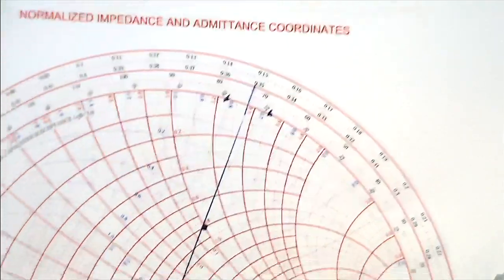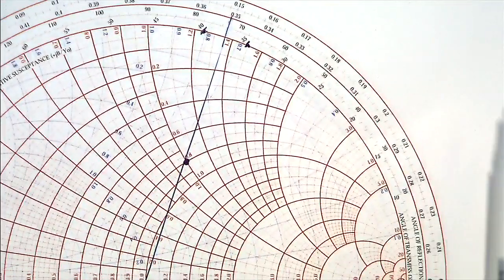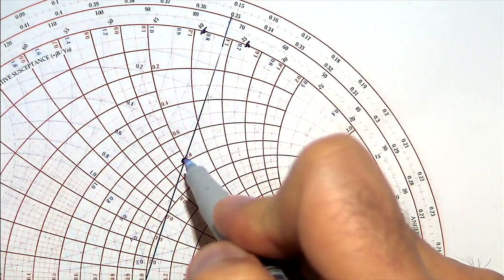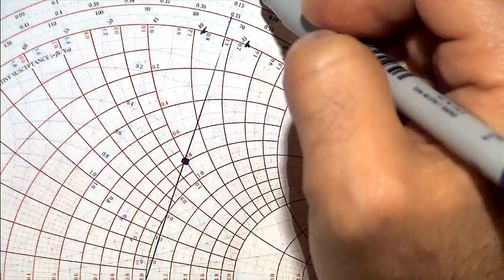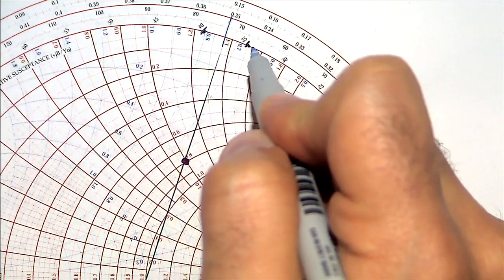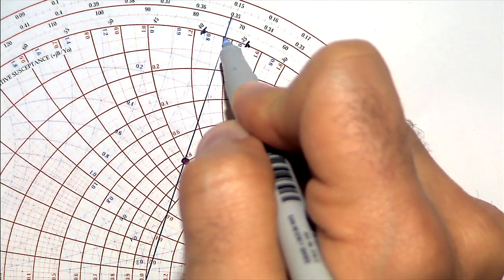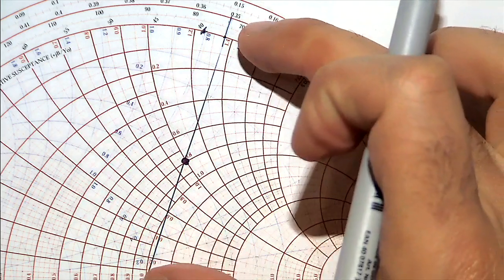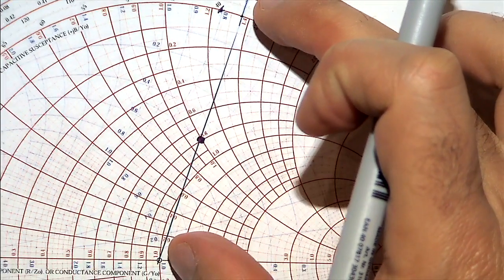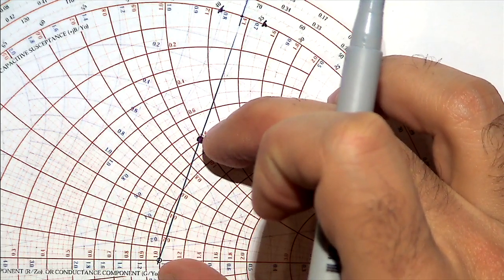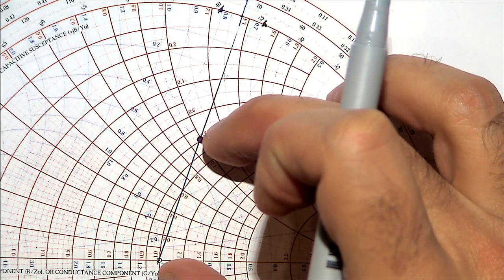I want to see what is the phase of this point. Okay, the phase of this point, you just draw a line and you see the value of the phase, for example, here is 40 degrees, here is 35 degrees, so for example here is 37.5, something like that. So this is the phase of your gamma. And then you calculate this length. So this length is 1.